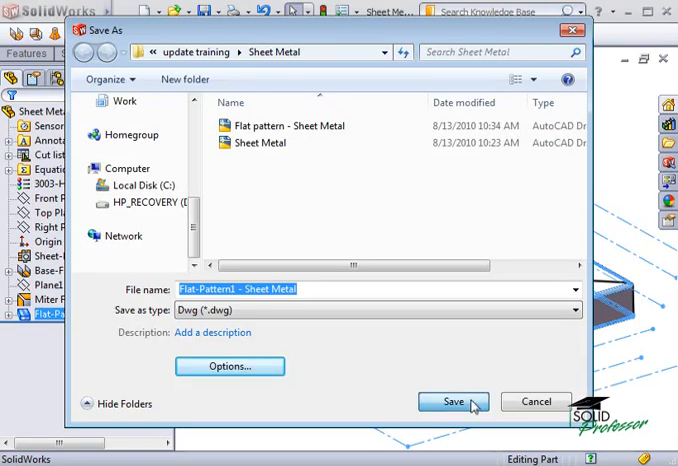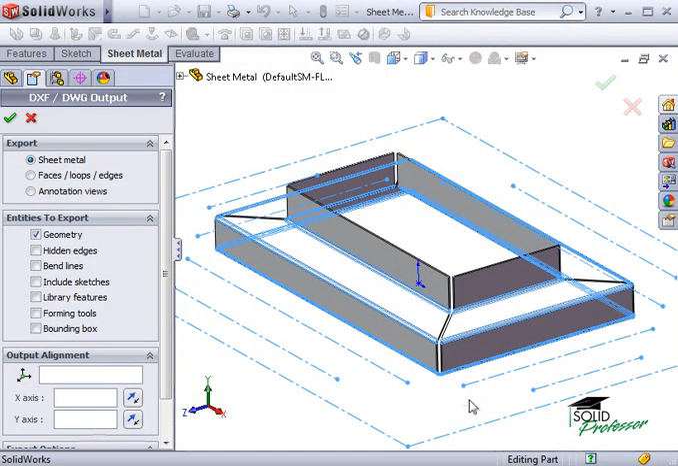and save. This brings up the DXF DWG Output Property Manager. With sheet metal selected, I'll choose the entities to export: geometry, bend lines, and the bounding box. If your origin and coordinate system are not properly defined for a 2D drawing, you can properly align them using these selection boxes here. Click the green check when you're done,